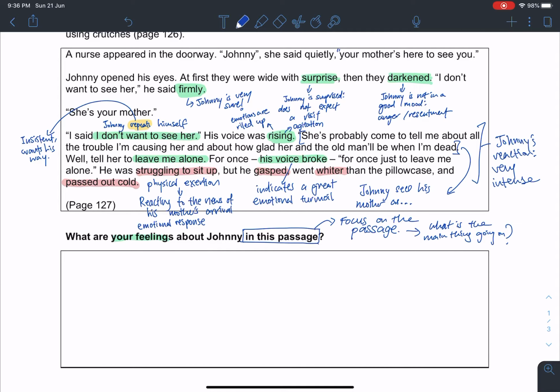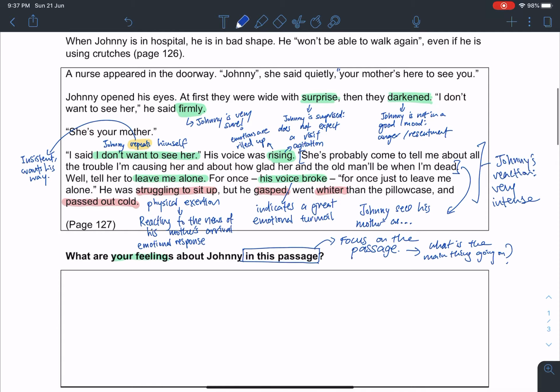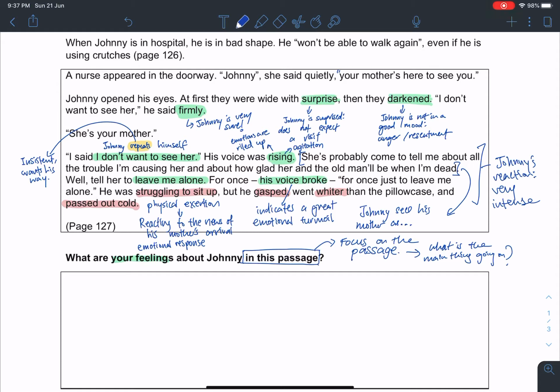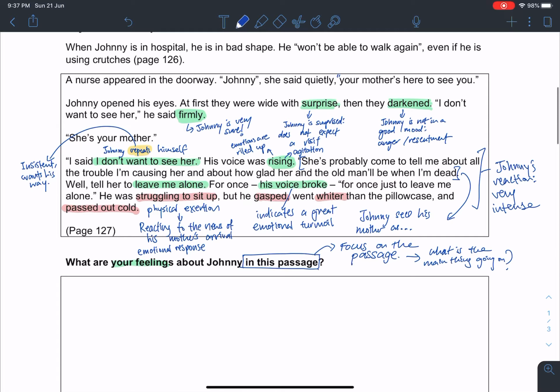So as you can see, just by paying attention to the details, we can already figure out how S.E. Hinton delivered this message to us, and that is what we need to respond to. While you might say that I am very upset, or I pity Johnny, or I sympathize with Johnny, or I feel very sad for Johnny, these are all the details which increase Johnny's sadness, the difficulty of his condition, which is what you can use as ammunition to beef up your writing.